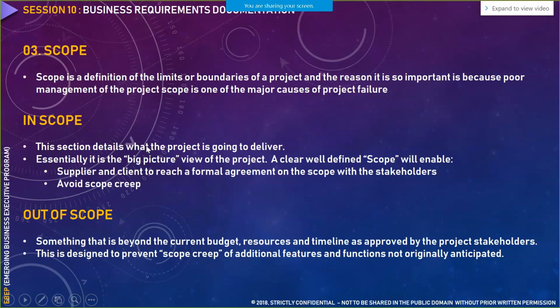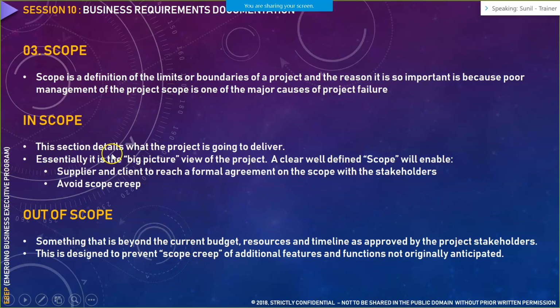Now, the third thing that would come into your business requirement document is the scope. Now, we have discussed a lot about scope. So, scope is something on the basis of which your project is defined. Whatever you are developing or whatever you have agreed upon to deliver to the business users is essentially part of your in-scope items. And whatever is not supposed to be handled by you as a vendor company is part of your out of scope items.